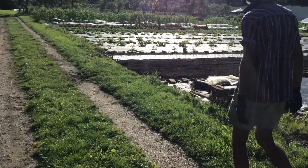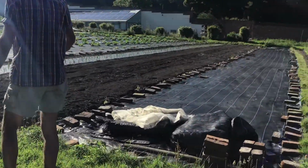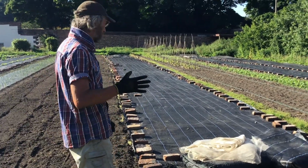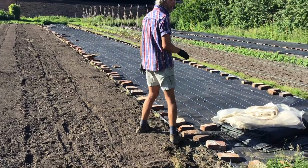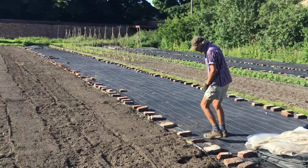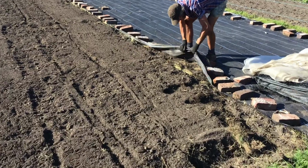And further along here, we're still killing off grass that's got in through a very wet winter. So a wet winter tends to lead to lots of grass taking over in our beds. This had kale and cabbages growing here through the winter. The last harvest was around March. So we've covered it up. The grass is dying off. See it sort of yellowing off now under there. So that's good,